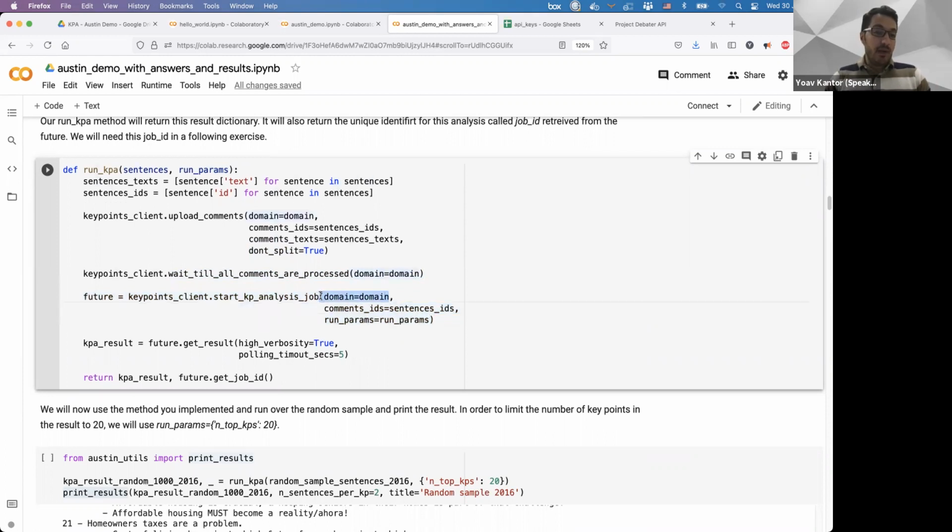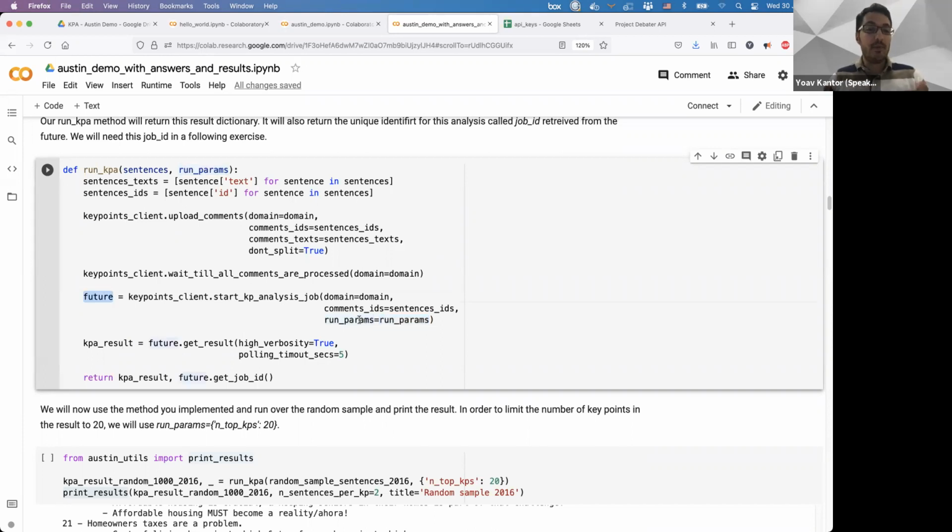We tell it which domain we want to run, which IDs we want to analyze, and we also pass something called run params. The run params is a dictionary where we can add different parameters that customize and change the result. We will see different parameters in this tutorial as well.